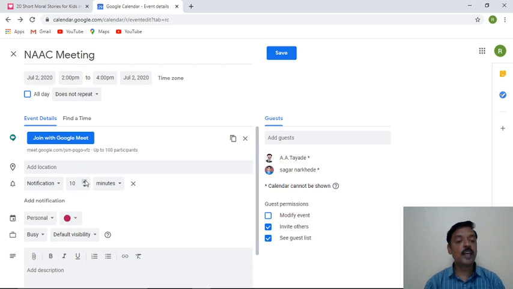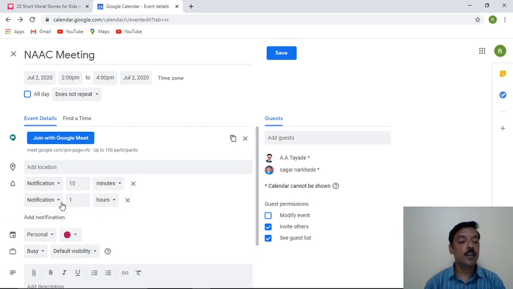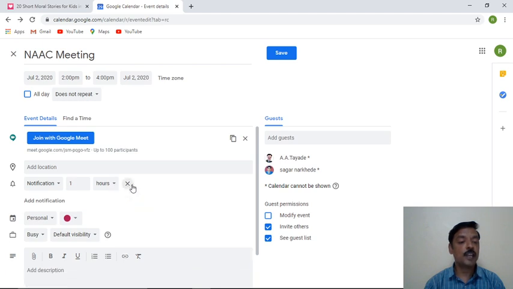So this notification I'll add, suppose, 1 hour before. I'll remove this 10 minutes notification, and I'll make that notification via email. So I am going to get an email. I am getting a scheduled email from this calendar 1 hour prior, and of course it will